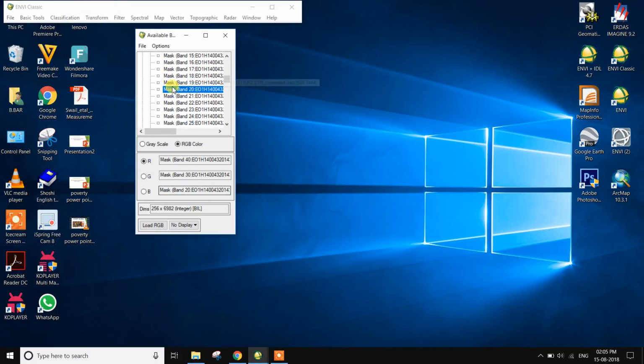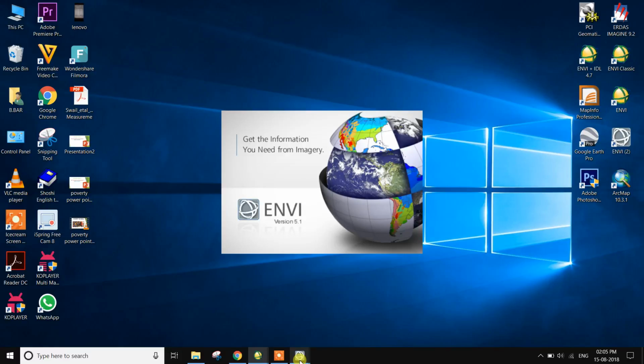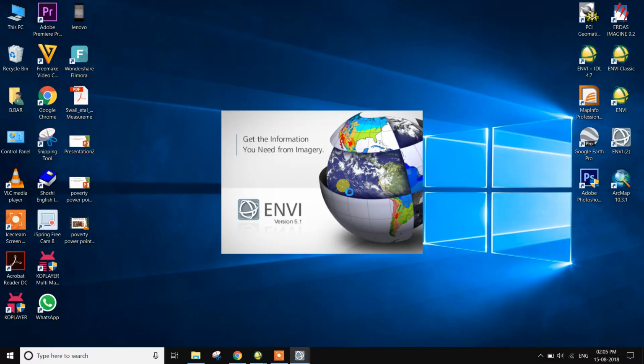Use this image and open the ENVI 5.4 software. There is the download for third day stripping.